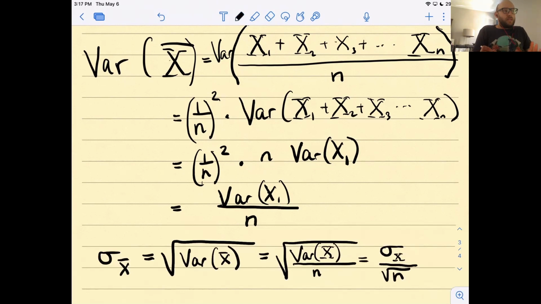So that's pretty much it. And I think it's really fascinating because it's all about scaling, right? It's the fact that when you multiply, you get the square, but when you add the independent random variables, you don't get the square. And when you take the sample mean, you're dividing by n, so that's why 1 over n squared pops out, but the numerator only gets an n, so the denominator has an extra n. So the variance has just an n sitting there in the denominator. And when you take the standard deviation, that's why you get it. You got to take the square root, so you have a square root of n showing up in this